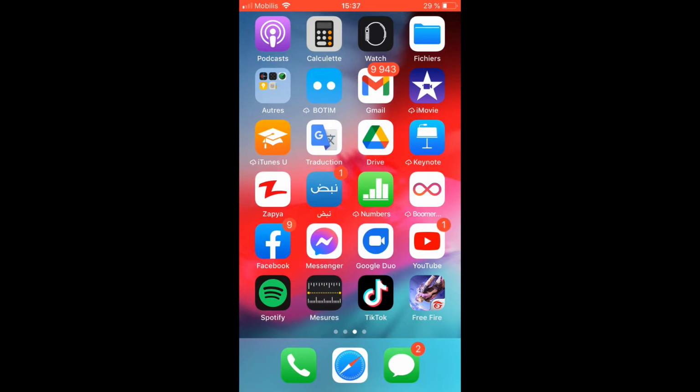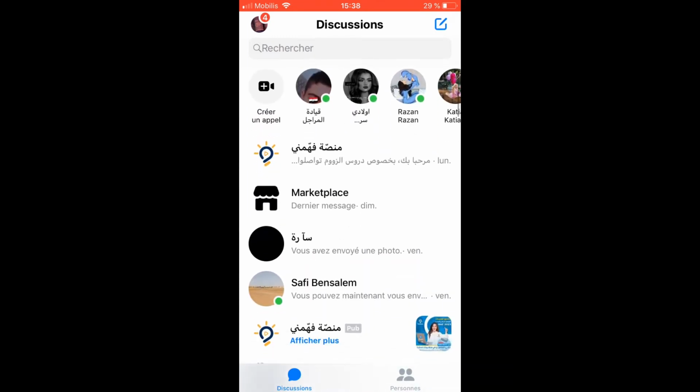It's pretty quick and easy, so let's jump right in. Now I'm going to open up Messenger here, and if you know that there is a specific message that you've archived and you want to get it back, you want to be able to message this person again and continue that conversation,